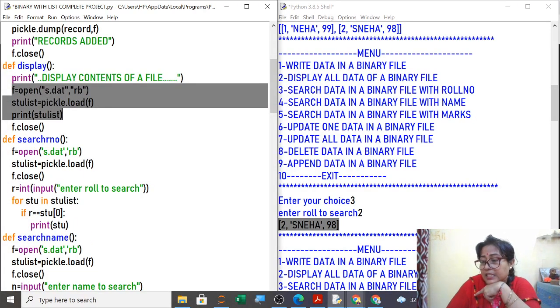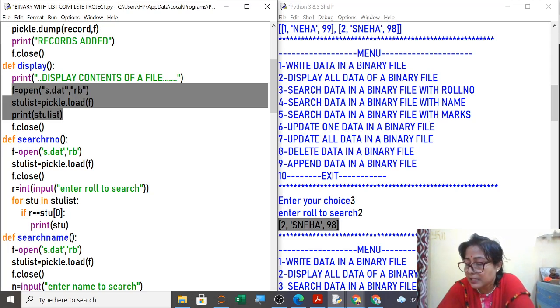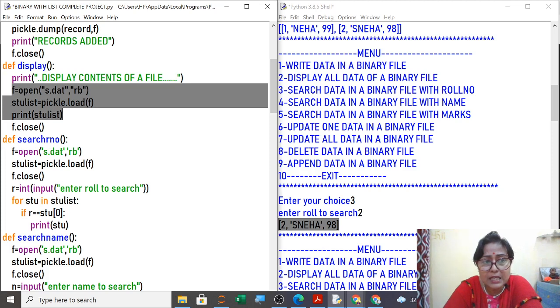Next, I was searching your books, and in the NCERT book also binary file is not given, only the introduction is given, no coding, no program. Then in other books also, from last year, if you have this year's book, you can just see which methods are used for the binary list method. You just take a snap and share with me, because I have last year's book. In that book nowhere is binary given, so I could not find the code anywhere.